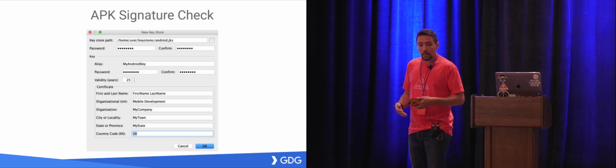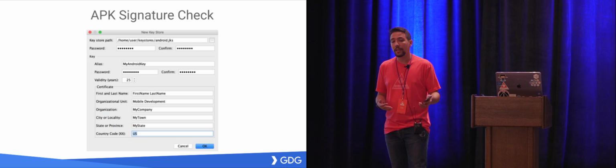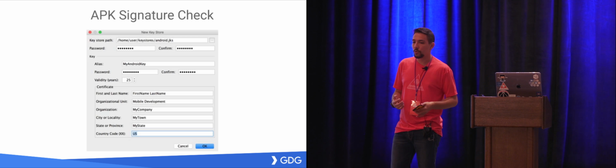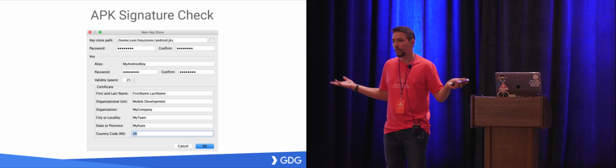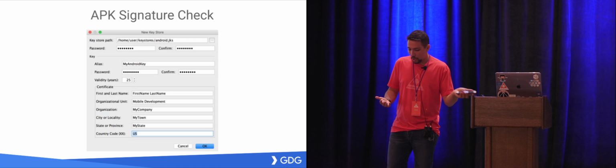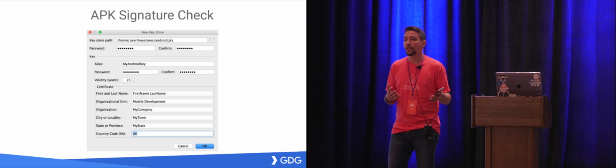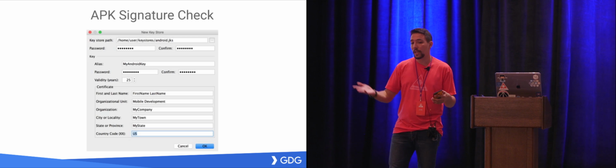Next thing, let's see what's going on if a hacker doesn't actually want to change our application, but just wants to remove a big chunk of our code. Because even if the code is scrambled, they can just remove it. There's no problem in that. So what's happening actually is that every time an application gets signed, so it's ready to go straight into the Play Store,